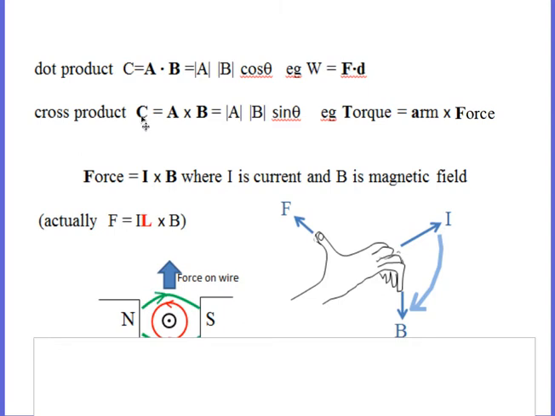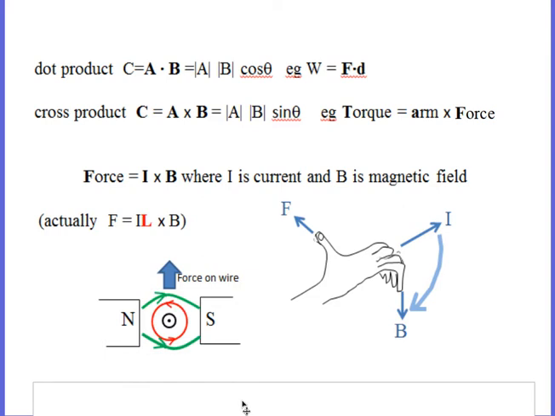So this will be the way we will get the magnitude, and this will be the way we're going to get the direction, both of which are important. And the actual formula is IL cross B. But if you're actually calculating the magnitude, don't forget to put the length of the wire carrying the current. But this will be fine for getting the direction of the force. We can leave the L out. And so we go back, and in the previous problem, you should have,